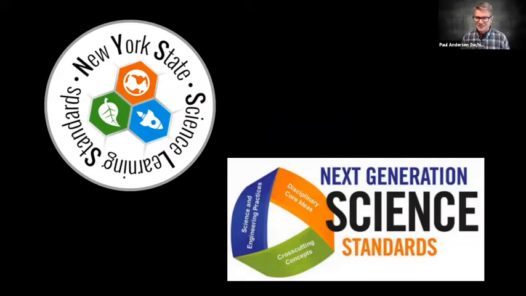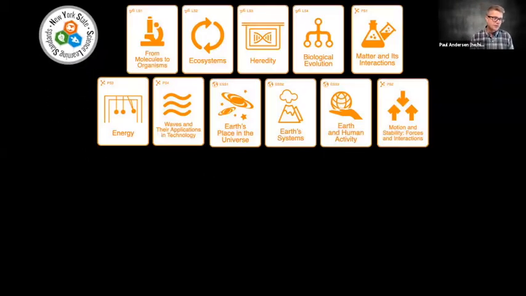New York has a set of science standards called the NYSSLS. I hope you're familiar with those. They are the next generation science standards. Whenever your state tried to improve them, they generally made them worse. So they are essentially the same thing, and they have these 3 dimensions in them. For me, when it comes to teaching science, there are 3 dimensions in your standards, and you should treat them equally in your class. You should spend about 1/3 of the time in each of those dimensions.